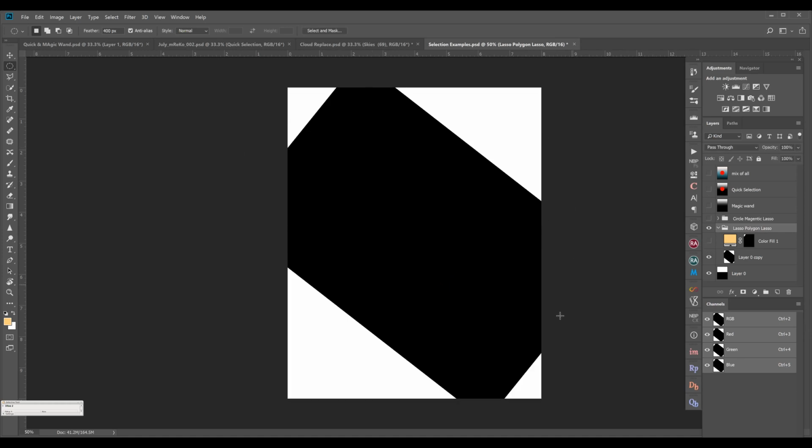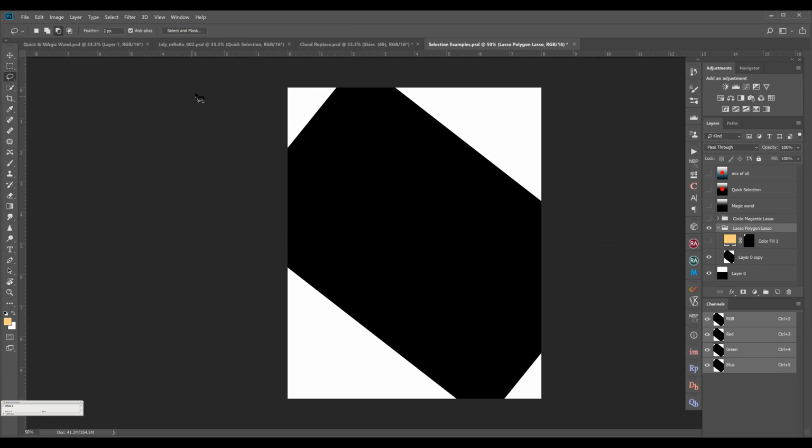Moving to the second example. Now we have a shape like this. If we use a rectangular marquee tool and want to select this, it cannot go in a diagonal way. It can go only in a portrait or landscape orientation. So how do you select this particular area, this triangle on top? For that, we will use the next tool, that is the lasso tool.